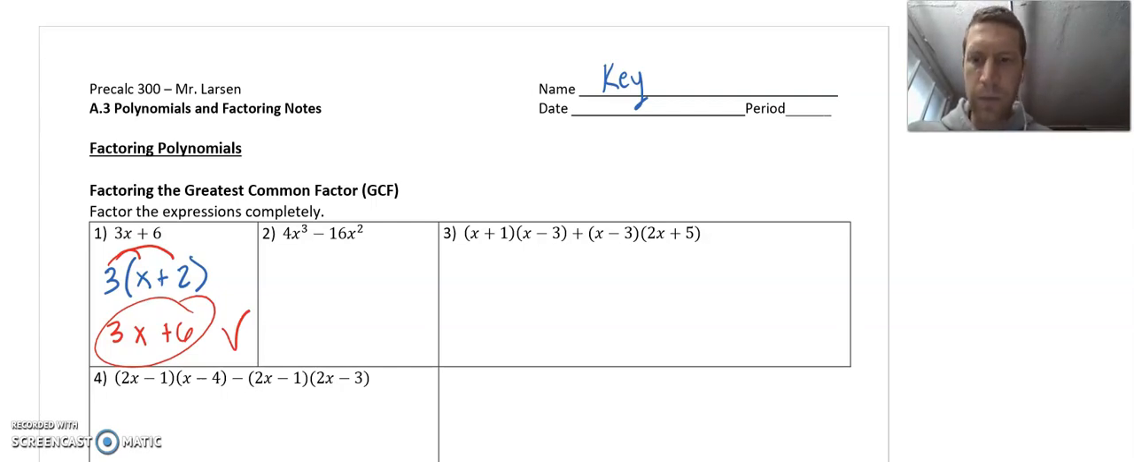Okay, so you'll try number 2. I'm going to kind of do every other one on these notes so that you guys have some practice. The key will have everything filled in. So if we look at number 3,